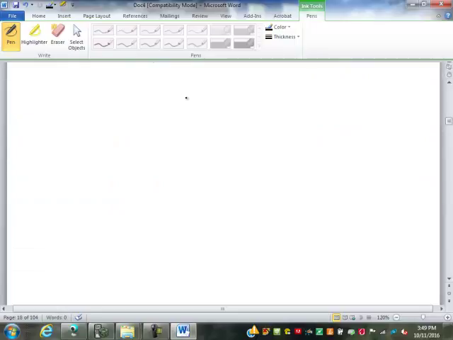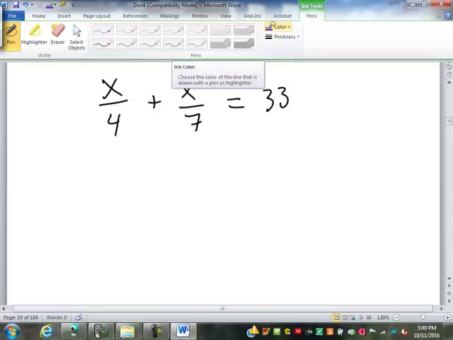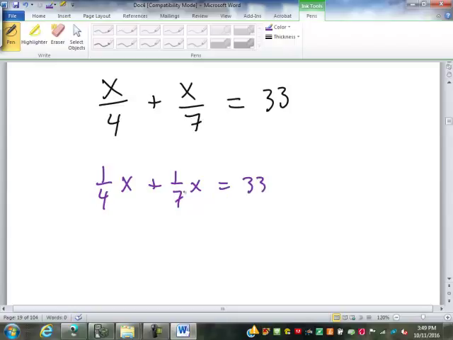But we can run into problems like this. x over 4 plus x over 7 equals 33. We can't just think of that as being x divided by 4 because there's two x's right now. So we have to be able to combine the two x's before we do anything. So if I think of this, though, as 1/4 x plus 1/7 x equals 33, now we can work with